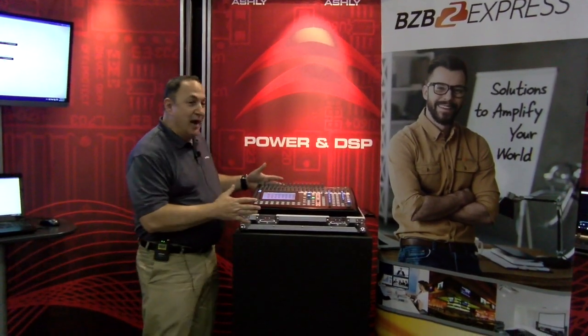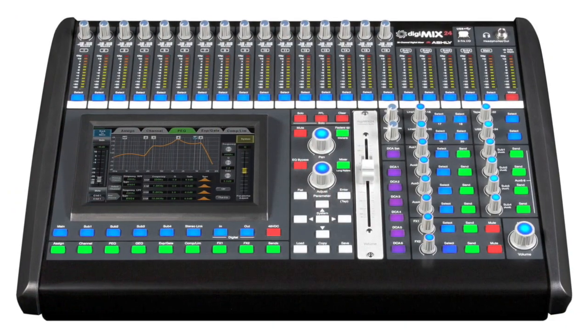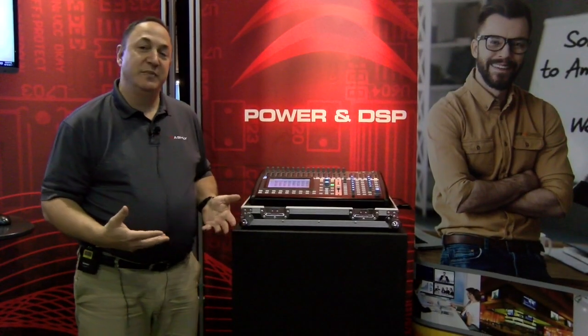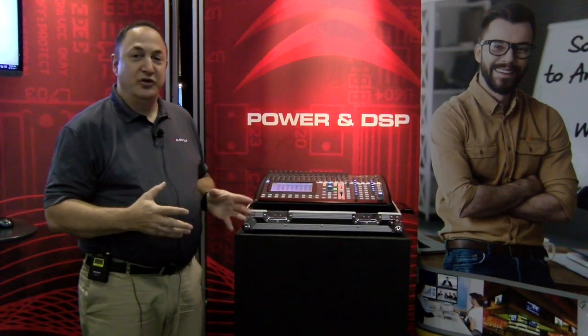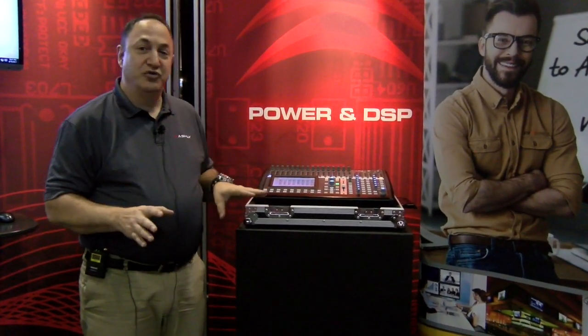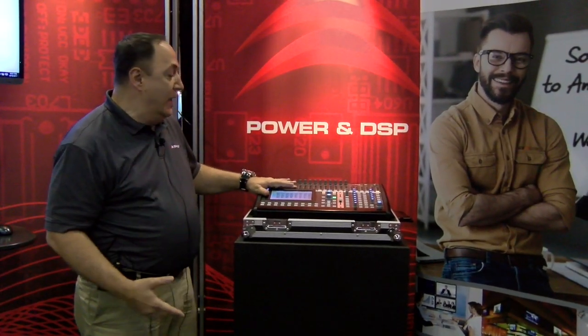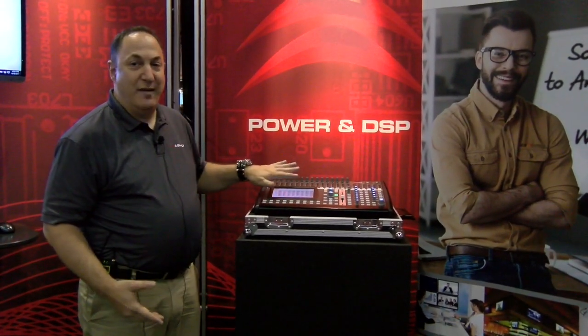It's a really nice compact console, very small real estate, so it fits into a lot of places that the bigger consoles won't. And what we've accomplished with the digiMIX is we've given you a control surface that gives you a lot of the broken out controls that some of the smaller solutions don't. It has a touch screen built right in that gives you your display of all your parameters,